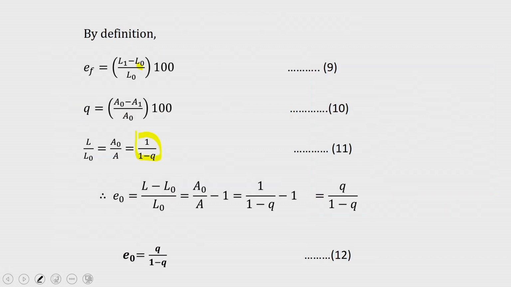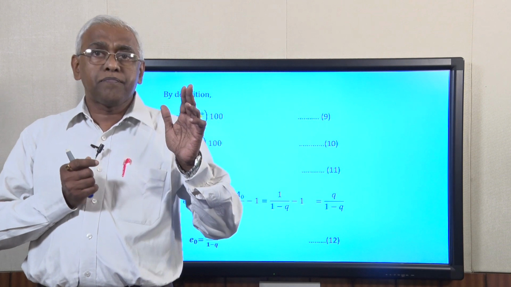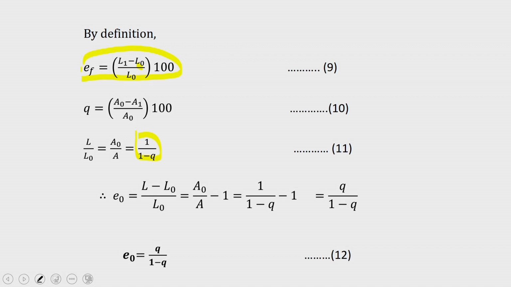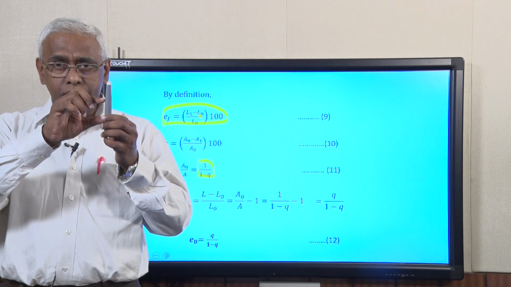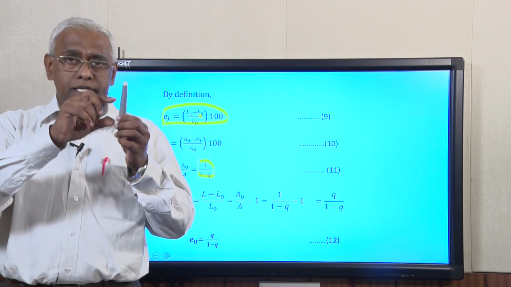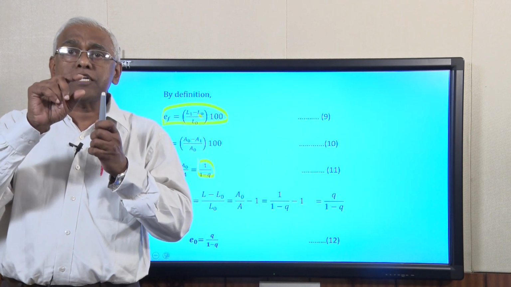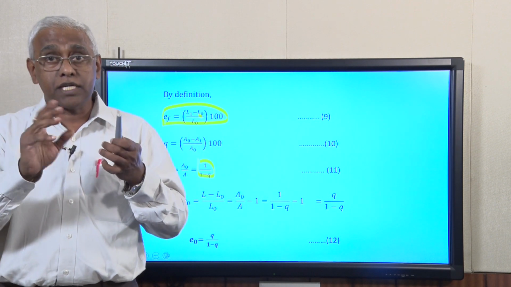But before that, I should like to tell you about one thing. Many times the percentage elongation, which is given by this relationship EF, when you are quoting that value, you have to mention across what gauge length it was. Either you may tell it was across 12.5 mm or half inch length, or a 1 inch length, or maybe 2 inch length. The problem is that necking can take place at any point within that gauge length, or maybe sometimes outside the gauge length, and then you are not considering it.